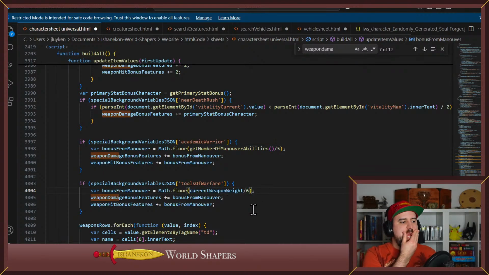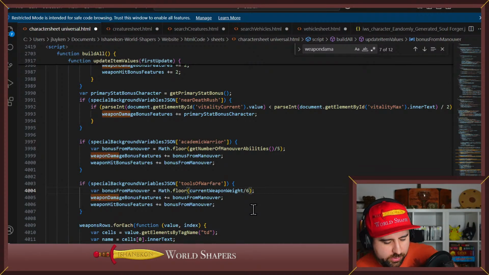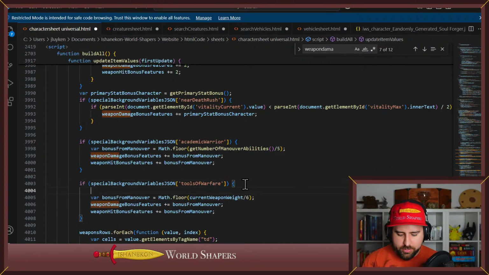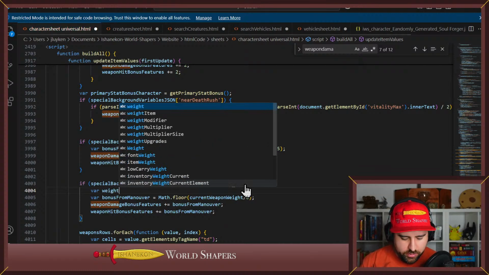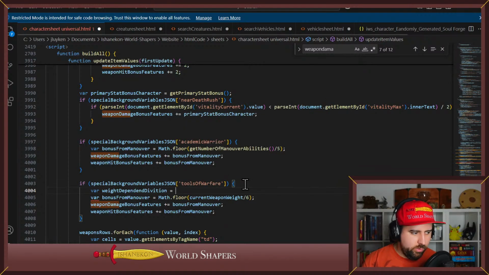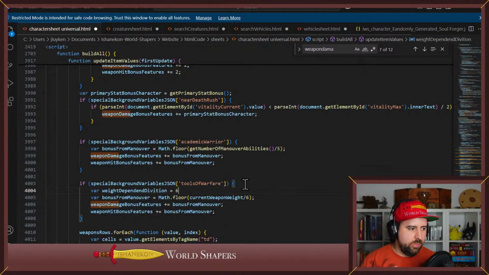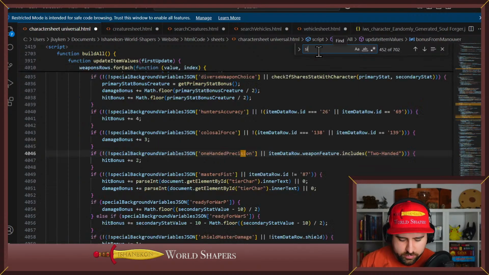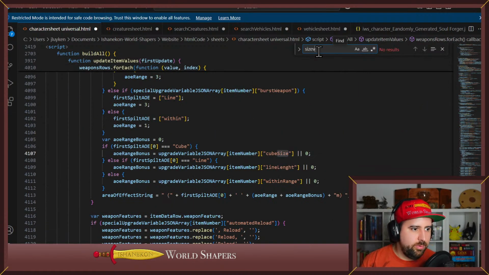It's divided by 6. But no, we need to make a weight dependent division equal to 6. And now we have to look at the size variable,